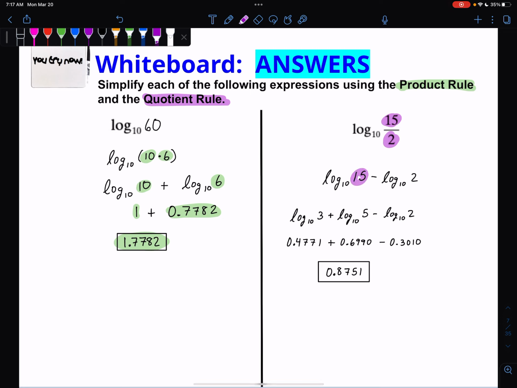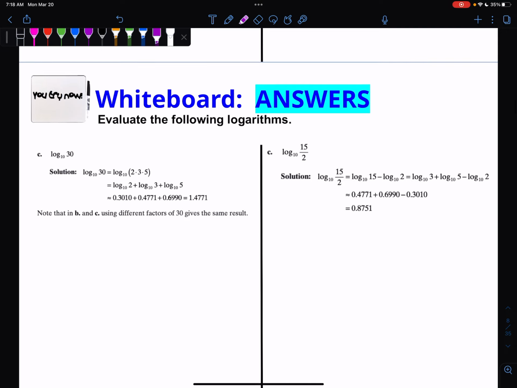So quotient rule, you took 15 minus 2. You don't have to break it into this step. You could also do from here to get your final answer. So one option was to break it further even more. You don't have to break it further. You can go from here all the way to the final answer, and that's still acceptable. I broke it down to the smallest possible factors, that's all. Just that way the numbers were smaller when I typed them into the calculator. But in this particular case, it makes no difference. All right,